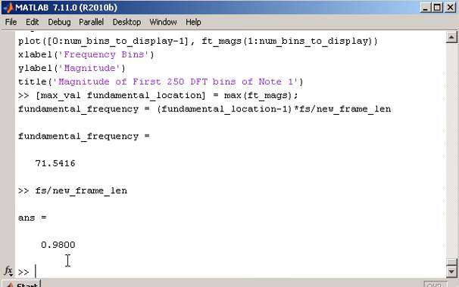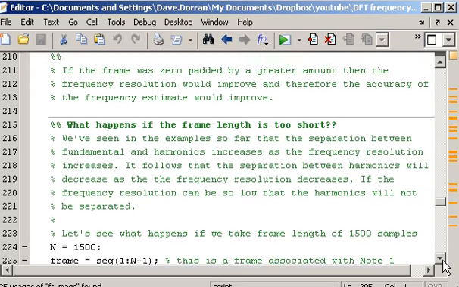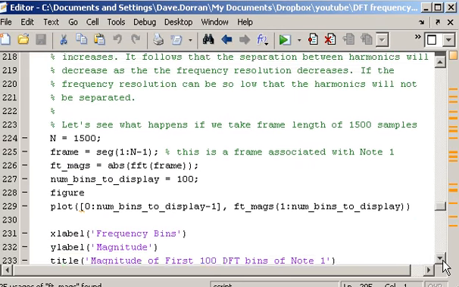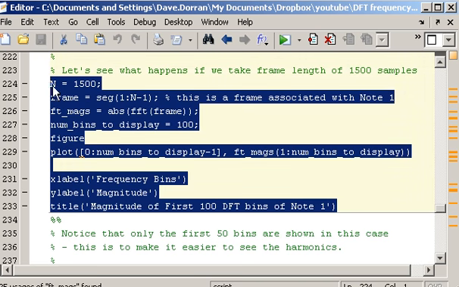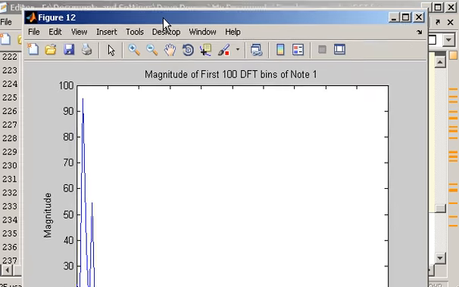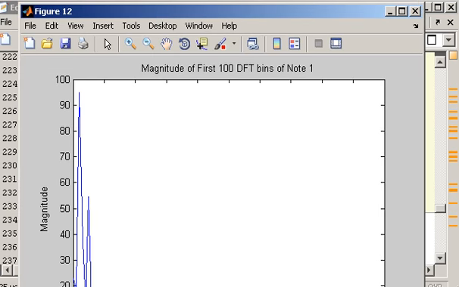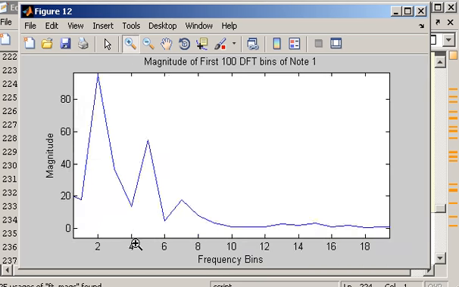So I've written some code in here to do that. Let's just scroll down. I'm starting off by taking a look at what happens if we make the length of the segment 1500 samples long. I'm changing the number of bins to display to 100, so let's evaluate that section and I'll resize it. There we go. And we can see now that by reducing the time domain segment, the fundamental and the harmonics are getting closer together in terms of their separation